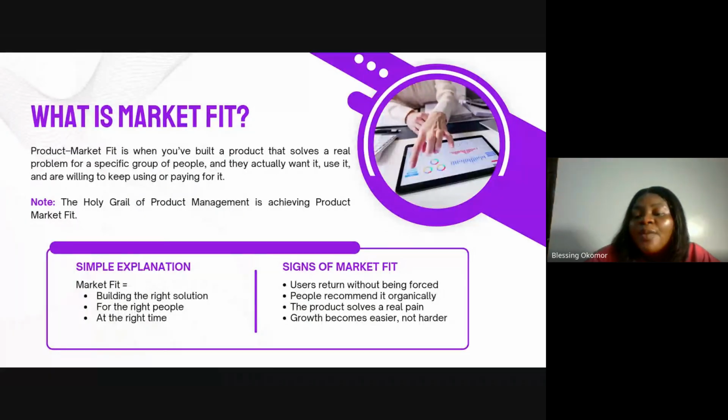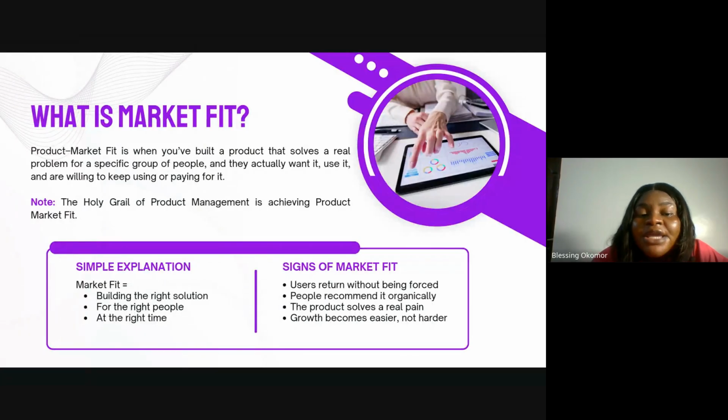Now, when you launch a product into the market, right? If that product has not achieved market fit, if that product does not have users who are using it, and 40% of those users are saying, I can't do without this product, as a wise product manager, once it's going to 3, 4, 5 years, the best thing for you is to do more research and see how to pivot that product.